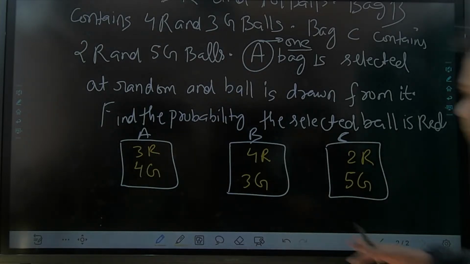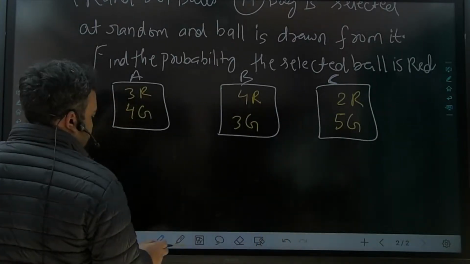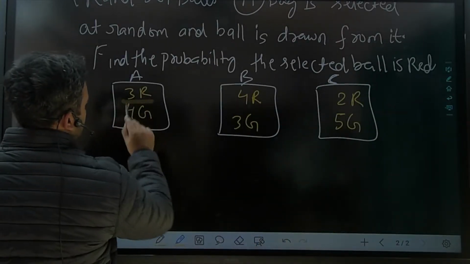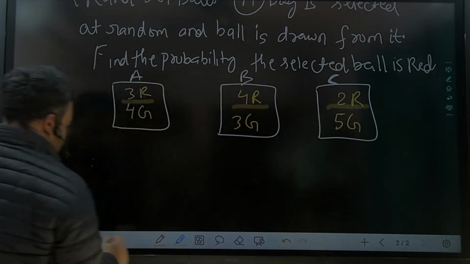Now a bag is selected at random. What is the probability of getting red? Now see, red is appearing in this also, and in this also, right? So if you try to see from this perspective,